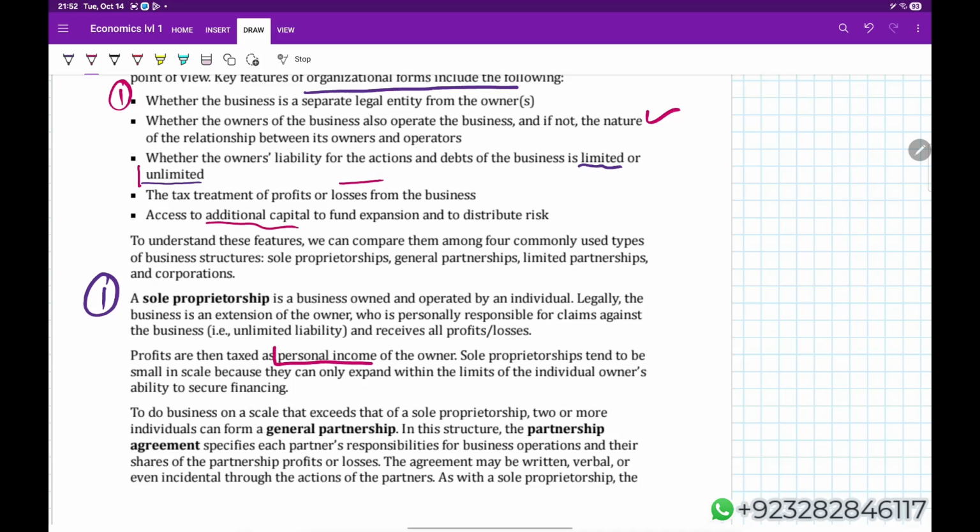Because the sole proprietorship is a small scale business, very small compared to all other types of businesses that we know or that we are going to discuss, access to capital is also limited. It depends upon the owner, how strong a relationship the owner has with the banks, with the lenders,